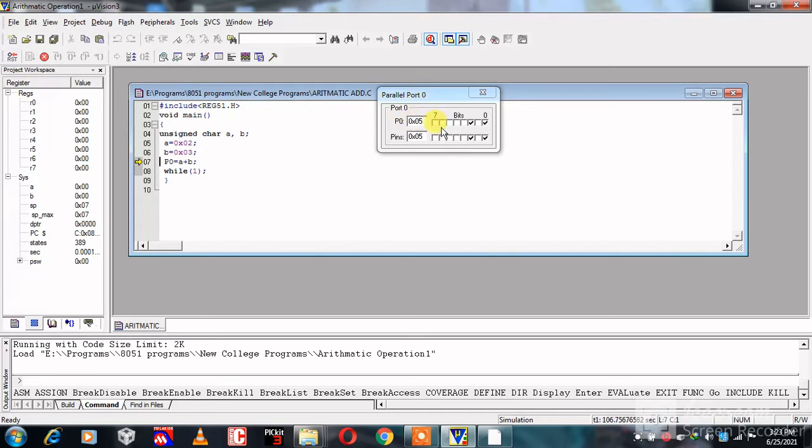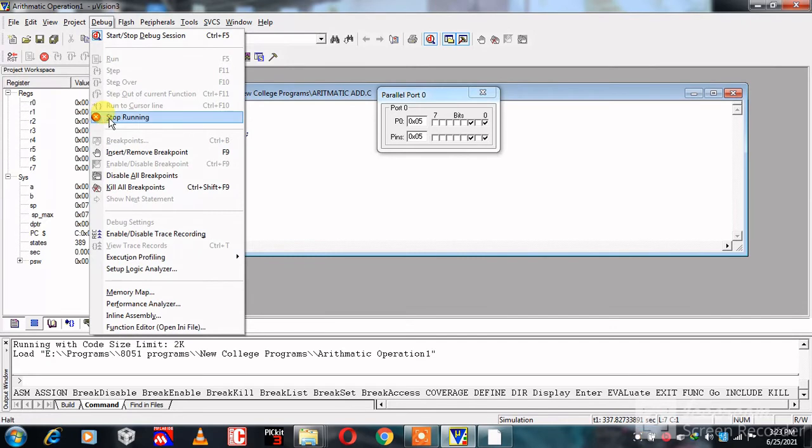But in binary it is 00000101, which is equivalent to 0x05. Then click on debug and stop running. Then again click on debug and start/stop debug session.